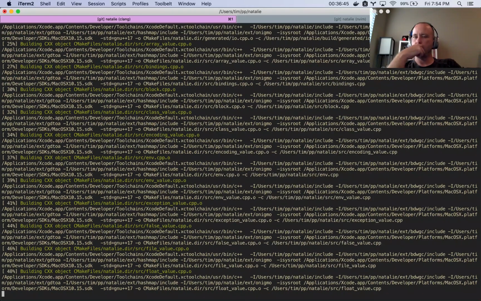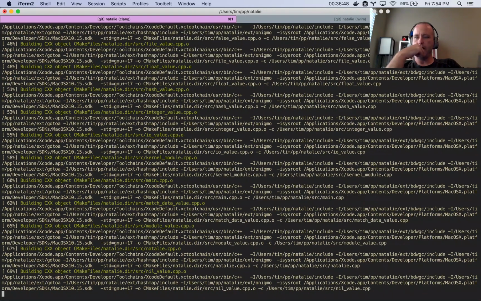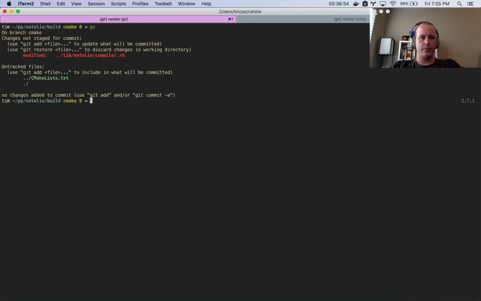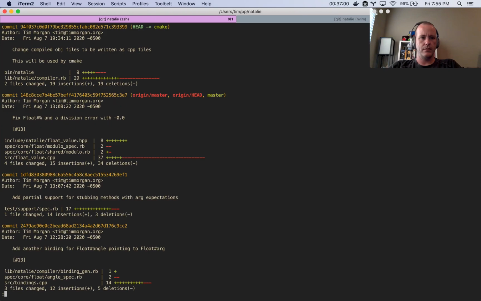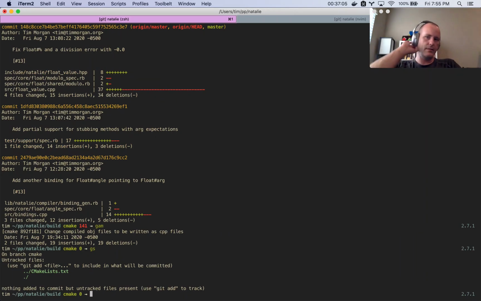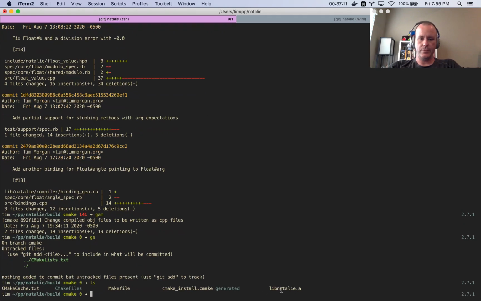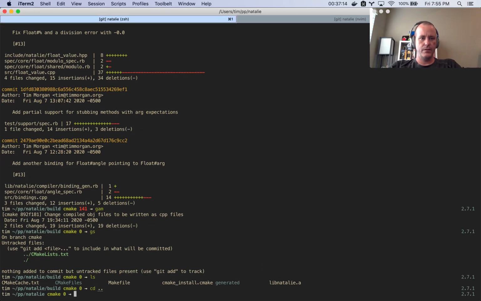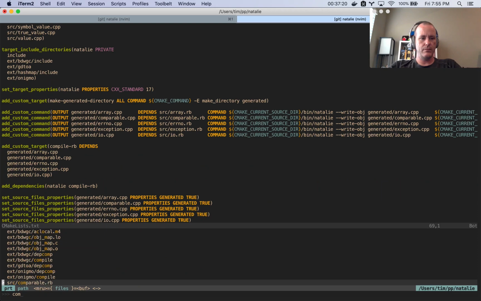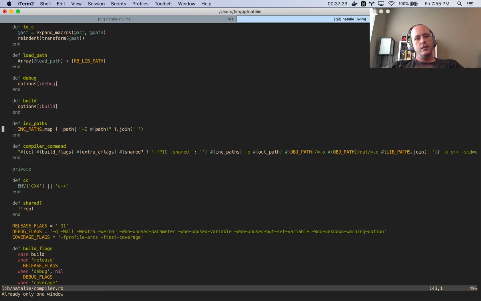So now we have libnatalie.a. That's pretty cool. Git add the lib. Yeah, we'll just amend that. Cool. And oh, this is so cool. So in our compiler, I already have it open. So instead of,